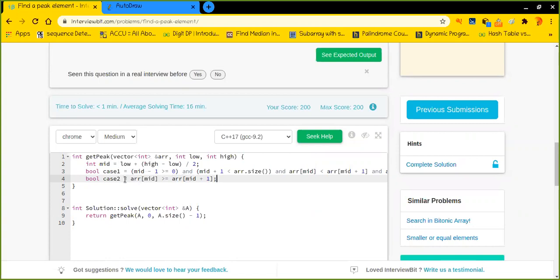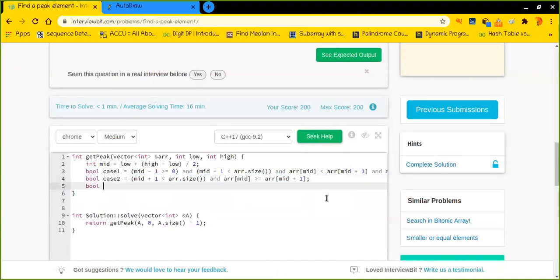Because we do not have a left neighbor in that case, so we have a right neighbor, which is basically the mid plus 1th element. So in this case, we have to verify that mid plus 1 is lesser than array dot size, right? Perfect.